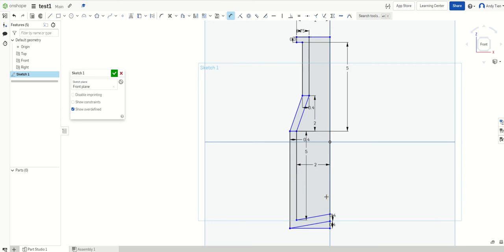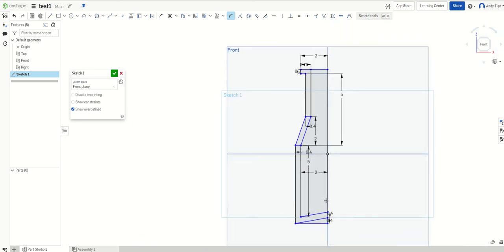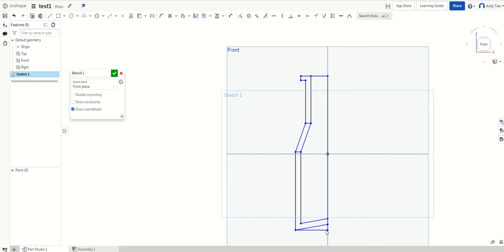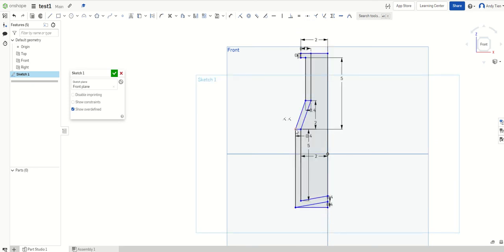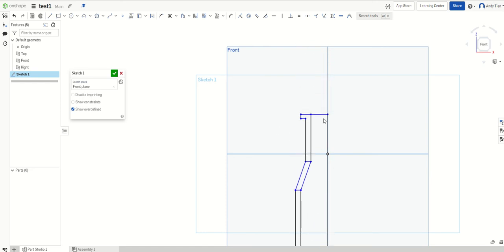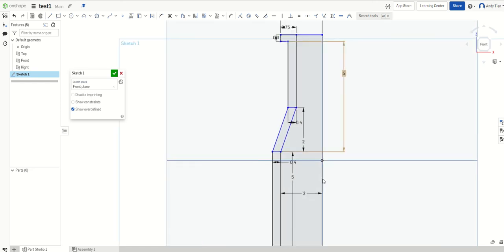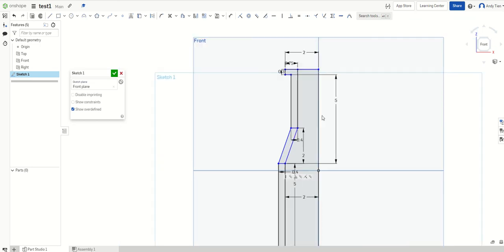Okay, there we go. And now a good test is always just to drag this around and see what happens. And so as you can see, nothing really that will deform our design happens. So we should be fine. All that's left to do is basically just